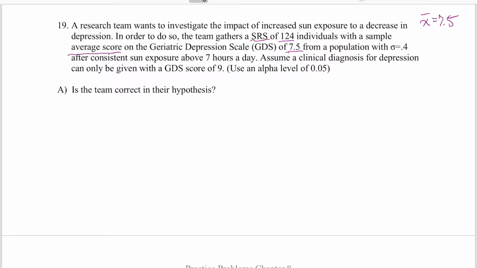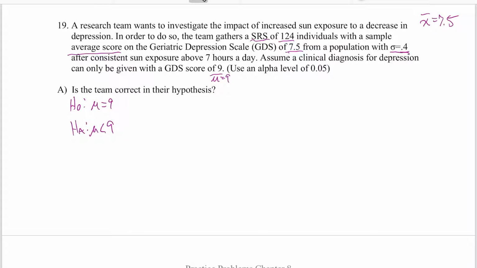And then we know there's a population standard deviation of 0.4, make sure you take into consideration it says 0.4 after consistent sun exposure, and that the clinical diagnosis for depression is a GDS score of 9. So we know that mu is going to equal 9 here. So kind of going through this, we don't want to ever increase depression, right? We want to always decrease depression. So we're going to set up our hypothesis to state our null is mu is going to equal 9, because that is the clinical depression. And an alternative hypothesis is we're going to want to decrease depression, so mu is going to be less than